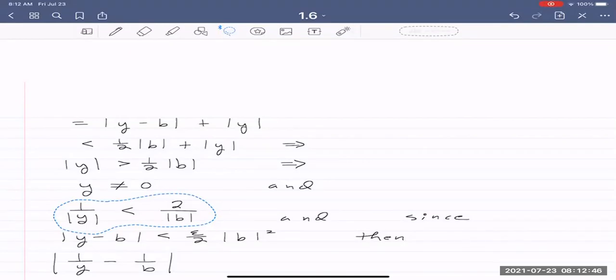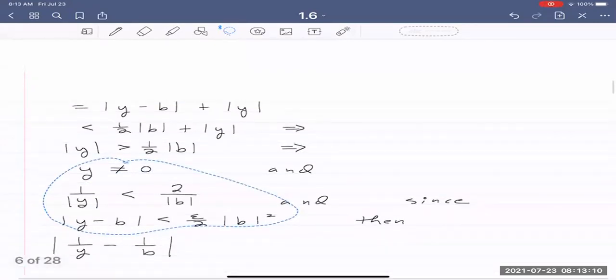So I have that 1 over the absolute value of y is less than 2 over the absolute value of b. Since, by assumption, the absolute value of y minus b is less than epsilon over 2 times the absolute value of b squared, and we have these facts, then